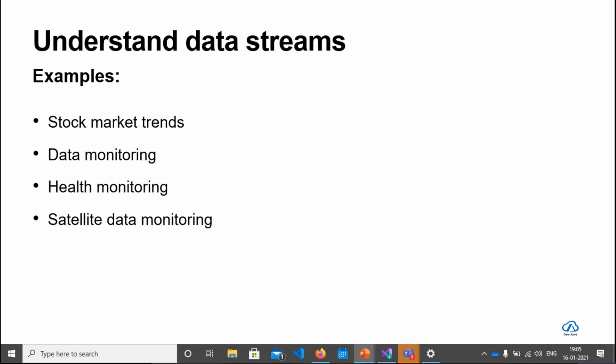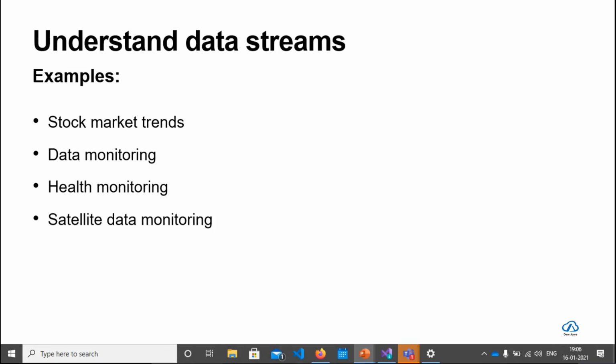In today's world, data streams are ubiquitous. You have abundant data. Companies can harness the latent knowledge in data streaming to provide efficiencies and further innovations as well. I have marked some four examples where we use data streaming a lot.